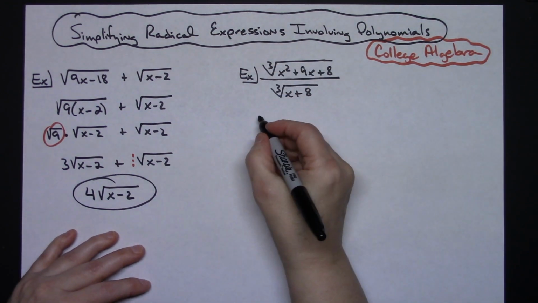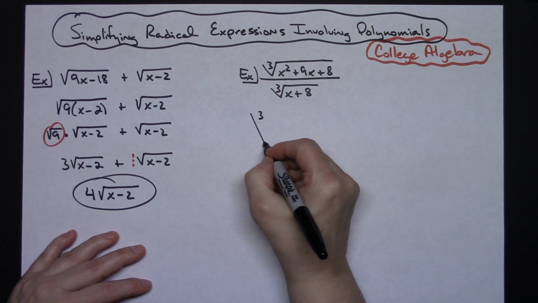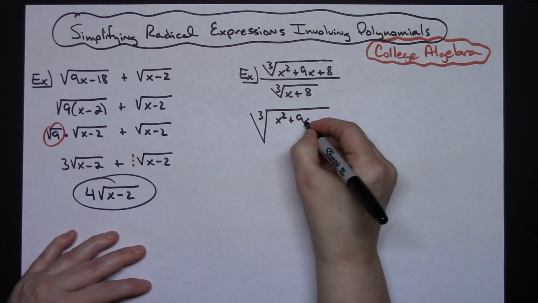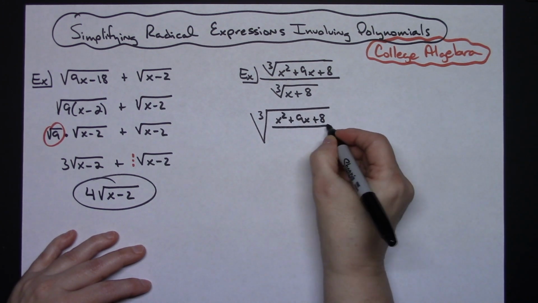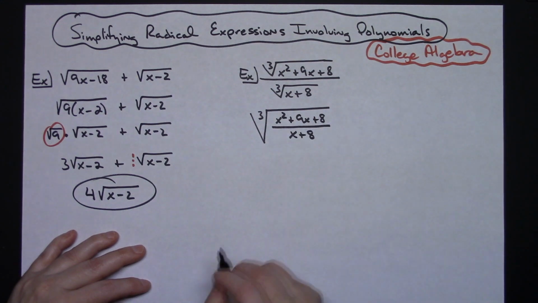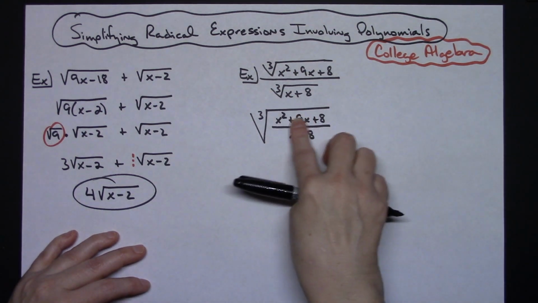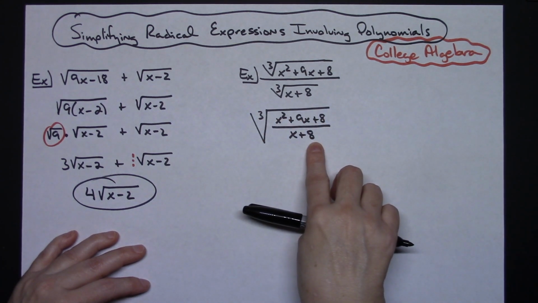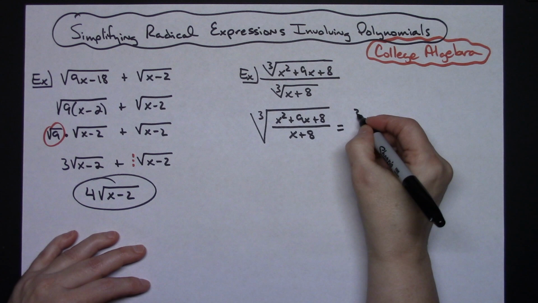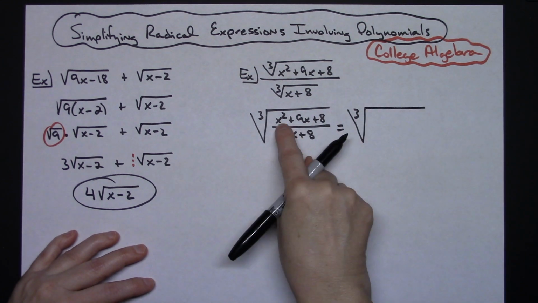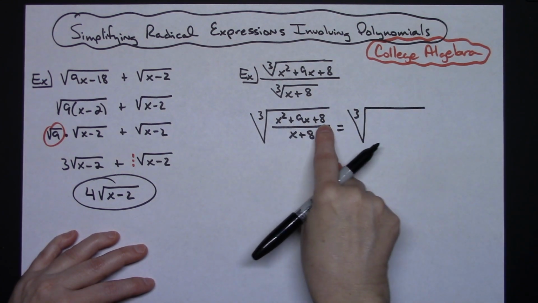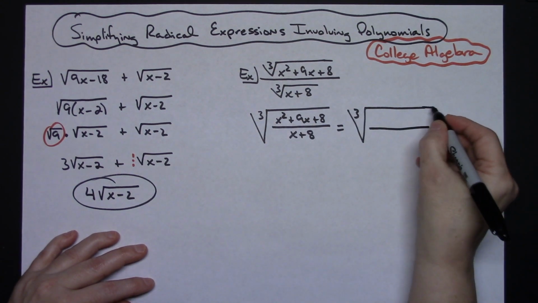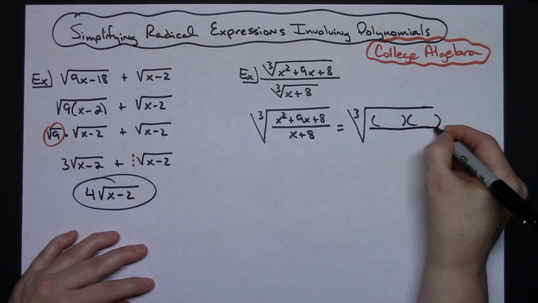I'm going to rewrite this as just one great big cube root with an x squared plus 9x plus 8 all over that x plus 8. That allows me to then work underneath this radical. I can see that I have a trinomial on the top with just a nice little binomial on the bottom. I'm going to take that trinomial on the top and factor it just like I normally would. Since it has a 1 there in front, it's going to be an easy factor of guess and check on top.